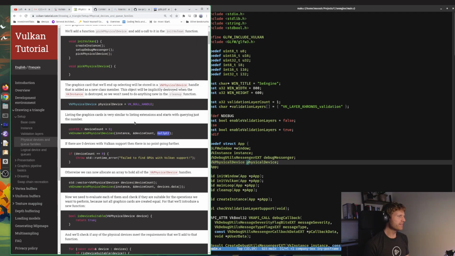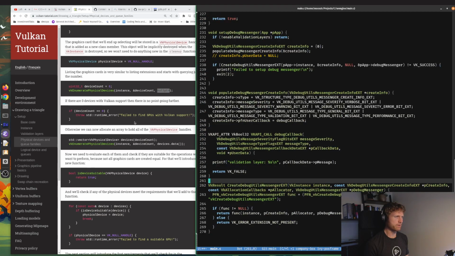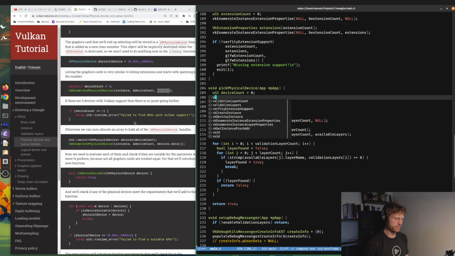Okay. Listing the device. Listing the graphics cards is very simple, similar to listing extensions, and starts with querying for the number. All right, so let's do same old same. Let's just skip down the bottom and find the function we created. Okay, so probably going to want to create a uint32 with the name of deviceCount, and it's set to 0 initially, and then we do vkEnumerate